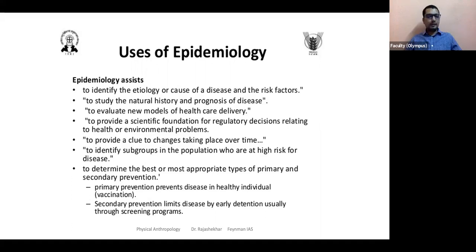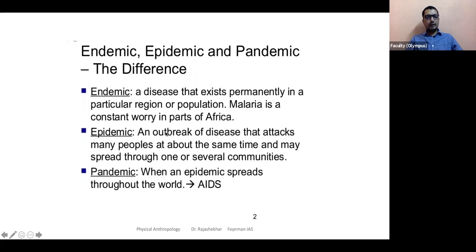At a record rate, we actually produced vaccines this time. This is, I think, probably the fastest in human history to make vaccines. But that takes time. So meanwhile, we started covering our mouths and nose so that we won't inhale the pathogen-containing material. Also treatment options, so all sorts of things. And economically, we found out who is mostly affected and what type of economic packages are required for them. So even political aspects are defined by these epidemiological studies. So this is the scope of epidemiological study, what it deals with.